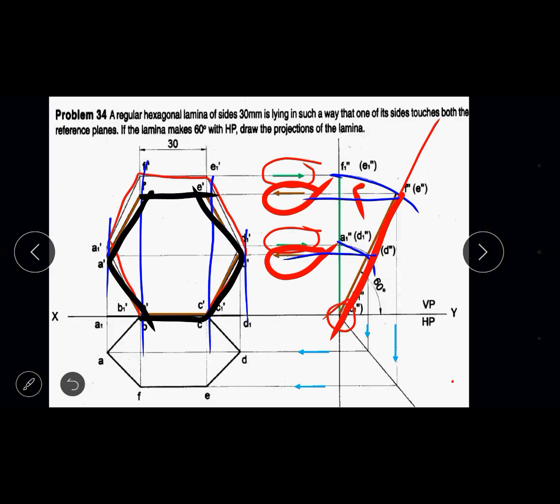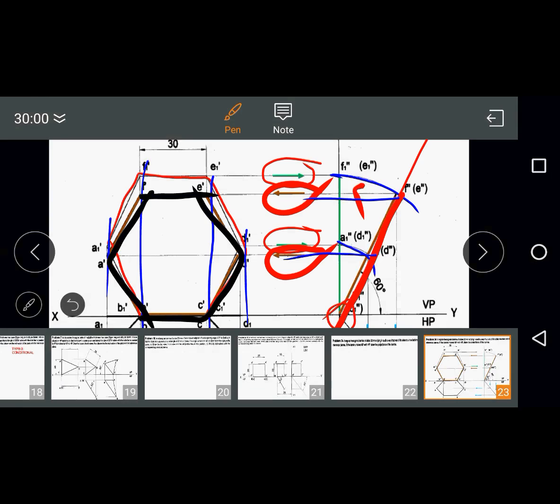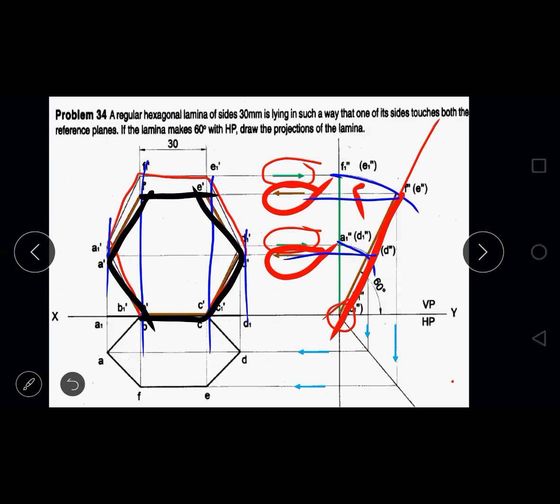So in this way, we have the front view under normal position, side view under normal position, and then again the front view under 60-degree inclined position in the form of an irregular hexagon. So front view and side view with reference to both the normal position and inclined positions are shown in the problem. What about the top view?